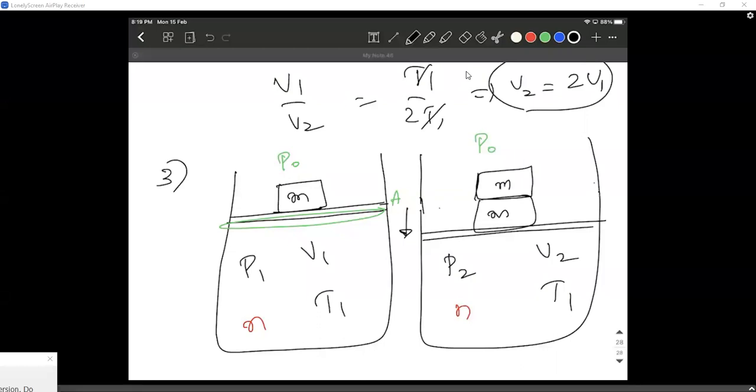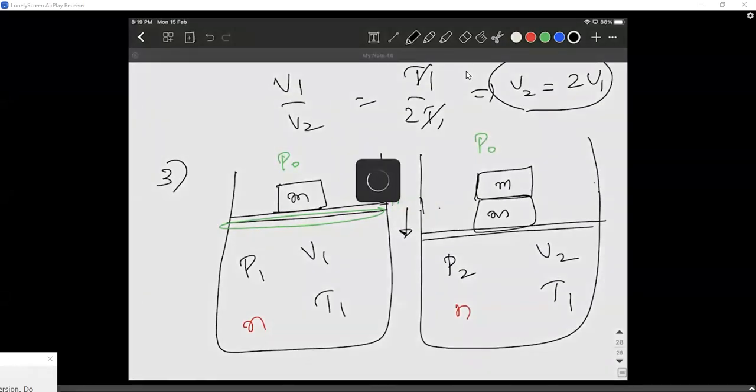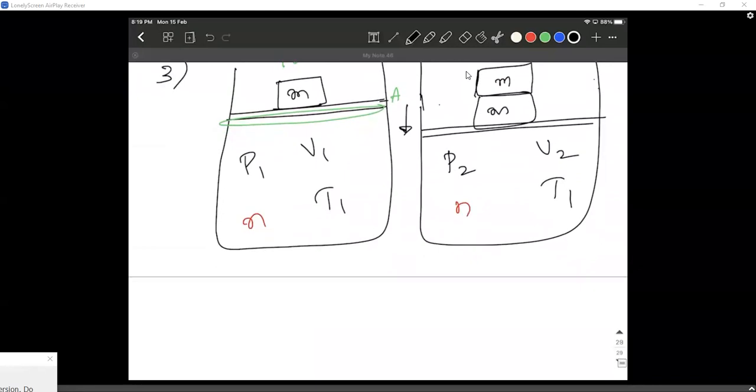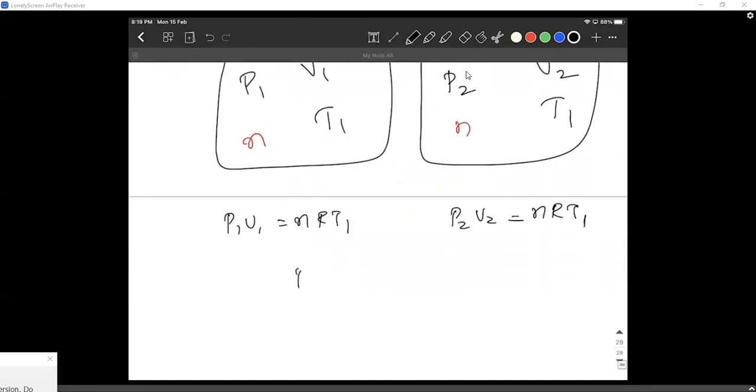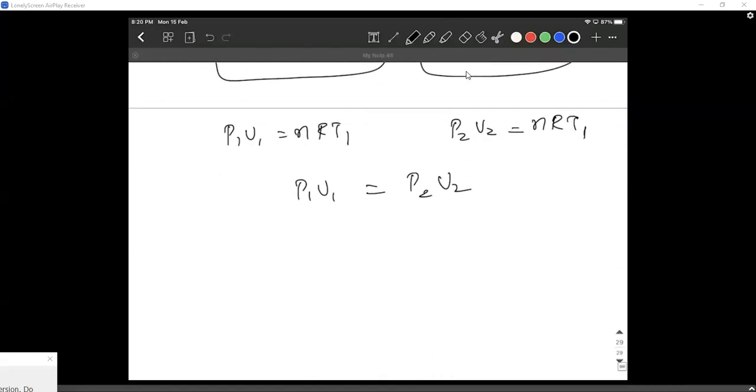Sir, here we are supposed to take delta P, right, sir? Not delta P. Always remember, just try to draw the initial and final situations, okay? So P1 V1 equals nRT1, P2 V2 equals nRT1 only, since temperature is constant. So we have to equate P1 V1 equals P2 V2. It feels like I didn't give you enough information, but it is clearly visible: P1 is nothing but P0 plus mg by A.